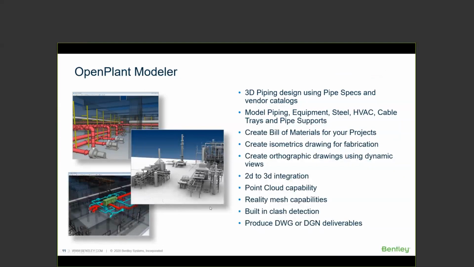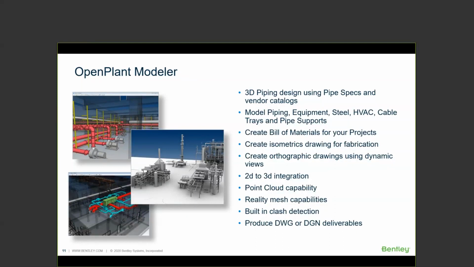So next, we want to take a look at OpenPlant Modeler. What is OpenPlant Modeler? It's basically the 3D piping design system. It has predefined pipe specs and vendor catalogs. Out of the box, you can model various piping, obviously. You can model equipment. There's even modules in there for modeling steel, HVAC, cable trays, and pipe supports. You can generate your intelligent